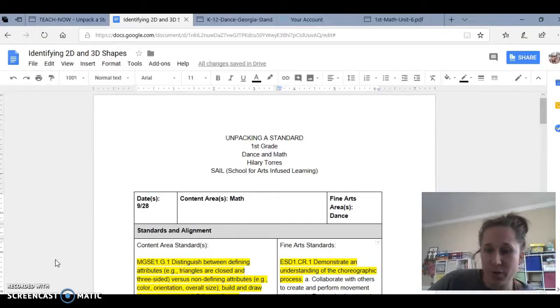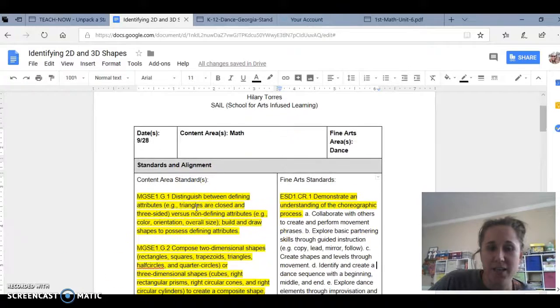However, we can also incorporate different standards along with our teaching mechanisms and our teaching methods, and we can incorporate Spanish, or we can incorporate a dance lesson, or an art lesson, or a drama lesson. And today, I'm going to specifically talk to you about unpacking a first grade standard, which is